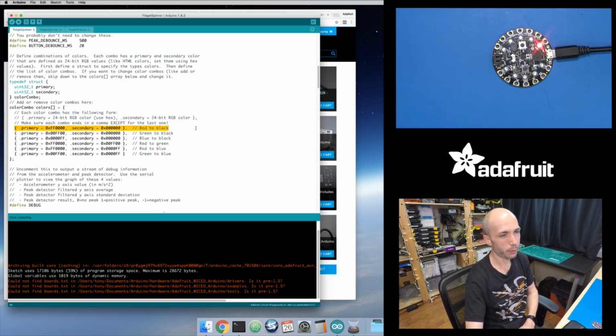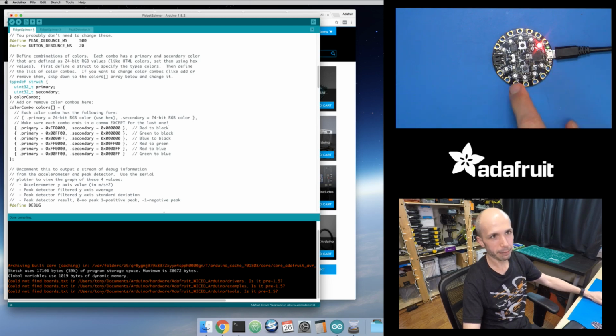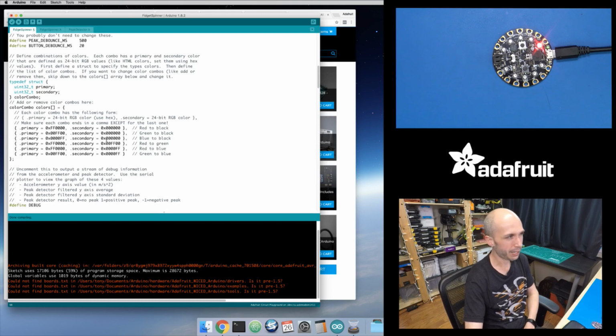But if you want to add or remove colors, just add or remove lines right here, and you can see each color is defined. There's a combination of a primary and a secondary color. So the very first color starts out with red as the primary and black, or 000, as the secondary color. These are 24-bit RGB color values. Just think web hex colors. So like FF0000, that's full red, no green, and then no blue intensity for this. So you can see some examples here, and you can add more colors up to as many as fit into memory, which would be quite a few colors in here,